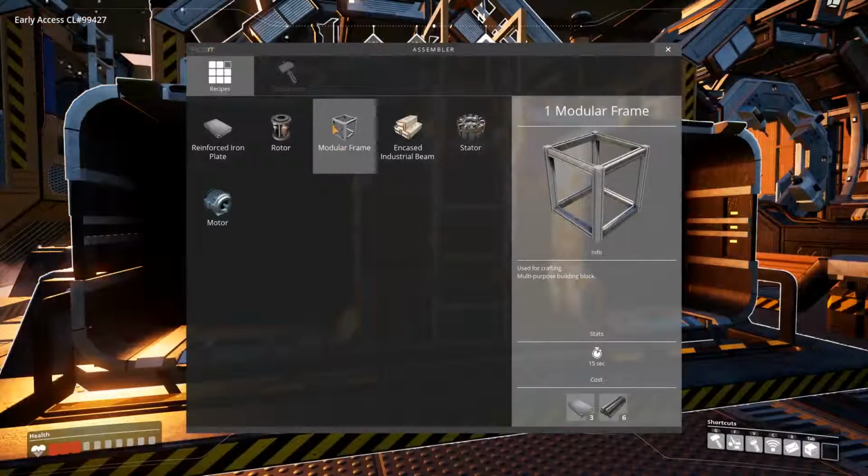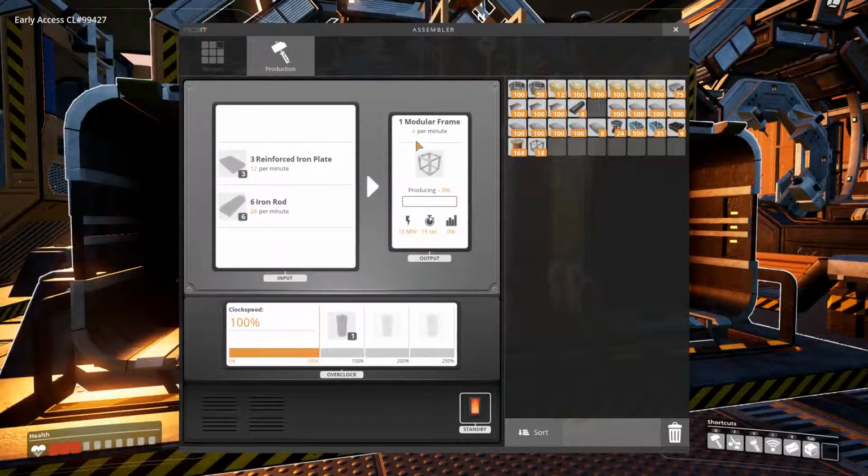So they're not going to be able to produce too many. We're only going to get 16 modular frames a minute. That's kind of on the lower side of things, but I do have a lot of room in here to expand. I could do another one and then get 20 per minute, but